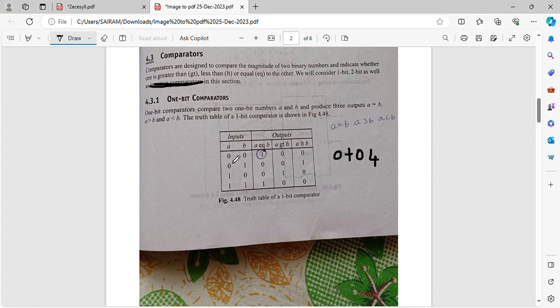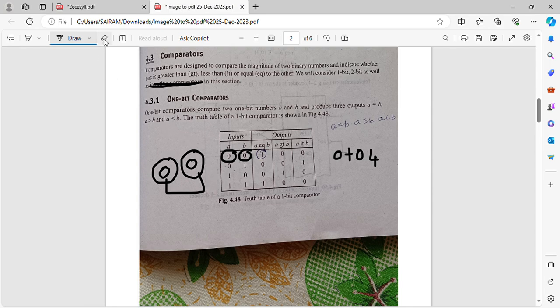So you know that you are going to compare here two 1 bit numbers. Right? These are two 1 bit numbers. These binary numbers are 2 bit, not 3 bit. But what do you do? How do you compare these 2 bit binary numbers? You are going to take both 1 bit, single one bit at a time. When comparing a 2 bit number, you take single one bit numbers. See, you have 0 0, which is 2 bit. So in that, you consider the 0 separately, and the other 0 separately. You are going to compare this 0 with this 0 and you have to tell whether it is equal, whether it is greater than or whether it is lesser than.